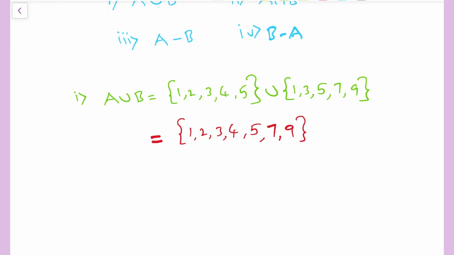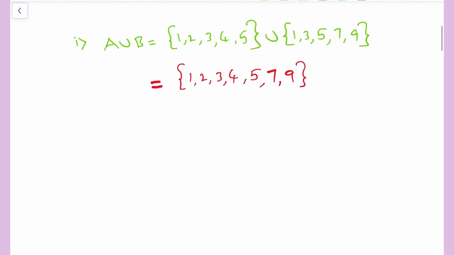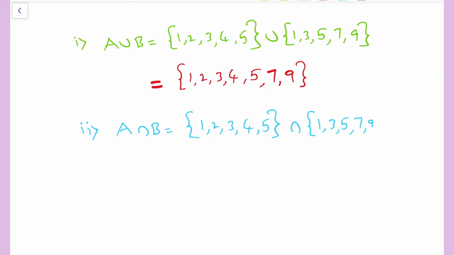Next, the second question is A intersection B. Set A is given as 1, 2, 3, 4, 5. Intersection set B is given as 1, 3, 5, 7, 9. Now intersection is nothing but we need to write the elements which are common in both the sets, only common